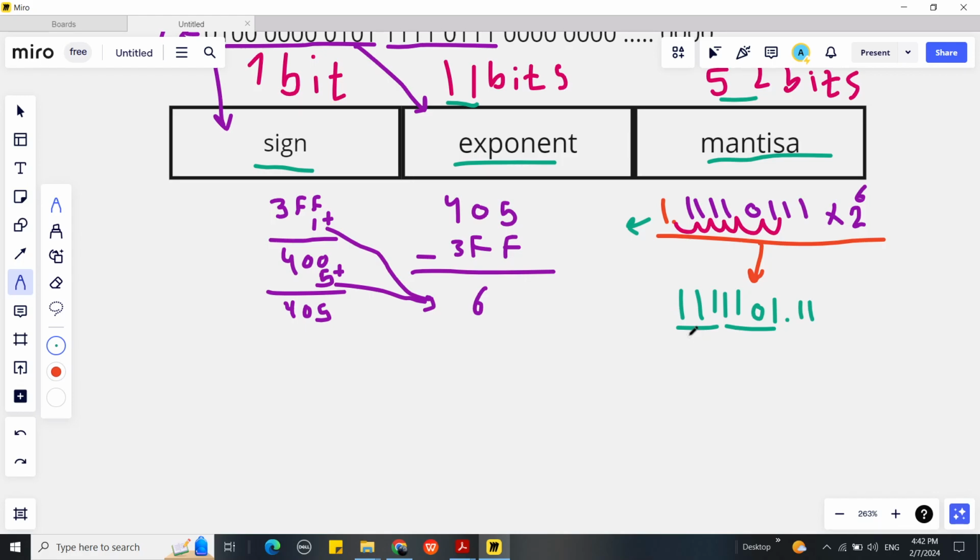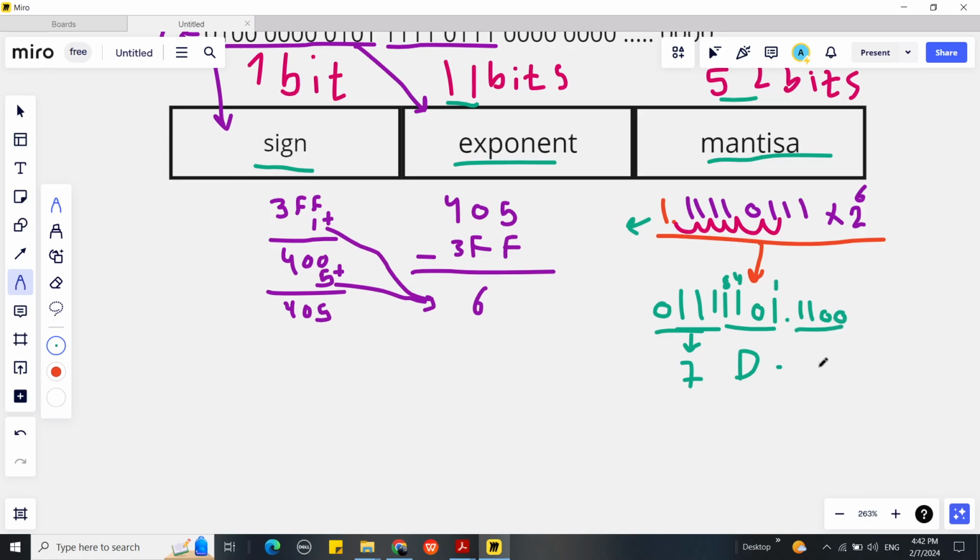Because we have 0 here, so it's 0 1 1 1, and this is actually 7, and then 1 1 0 1. So this is 1, this is 4, and this is 8. 4 plus 8 is 12, 12 plus 1 is 13, and 13 is equal to A, B, C, D. So this is 7D. And then point,